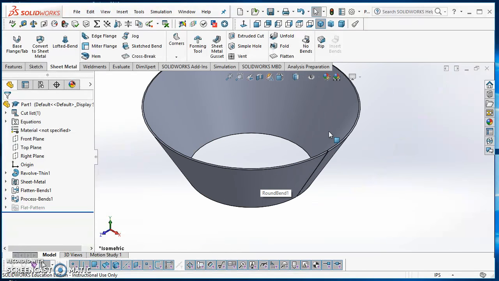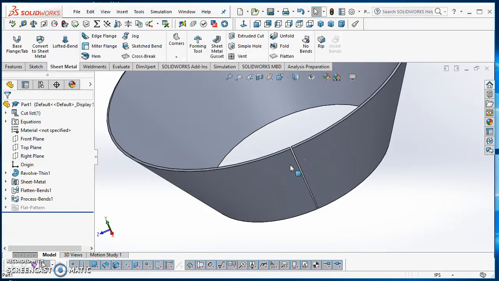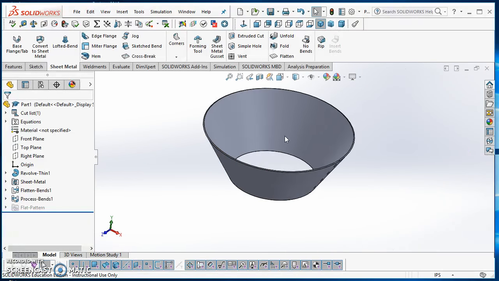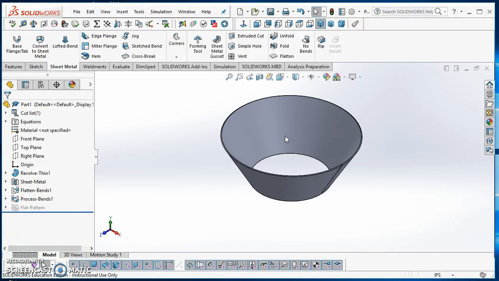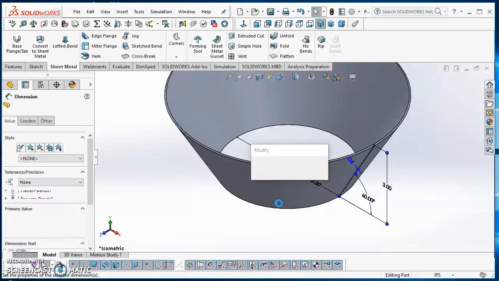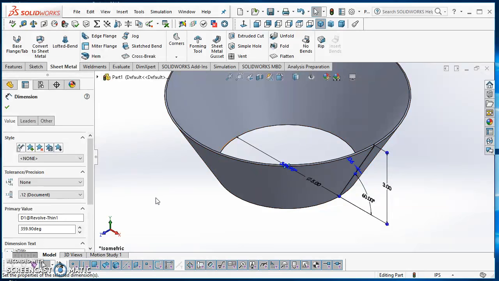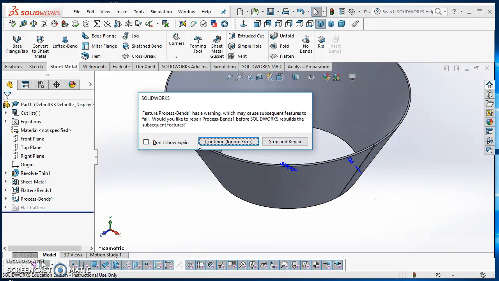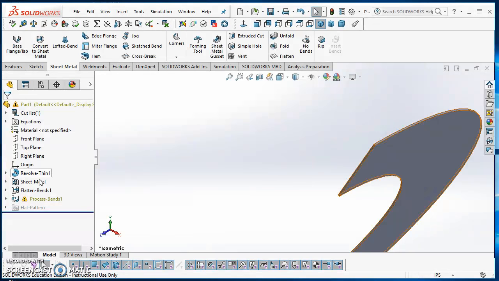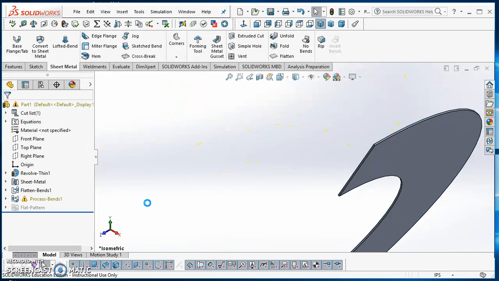So by hitting Control Q, I can see it rebuilt. I've got a little gap here, and I can flatten this pattern. So it works. The only issue is with that revolve and how far I revolve it. So through a little bit of trial and error, you can figure out what this should be. And I'm going to do 359.9. Do that, do a Control Q to rebuild. You'll notice how you get that error again. So then one more time, if I change that to 359.85, hit my green check mark, do Control Q again,